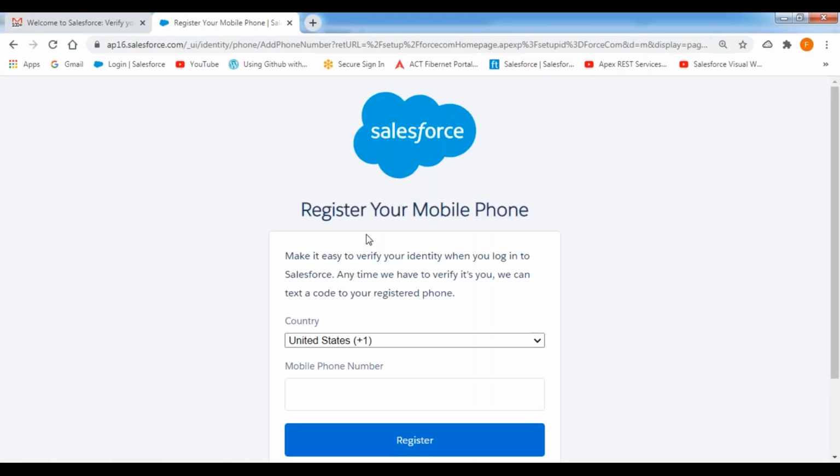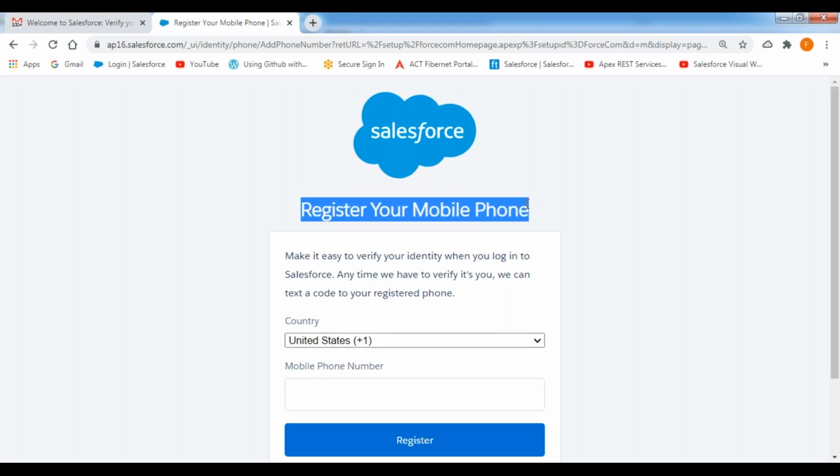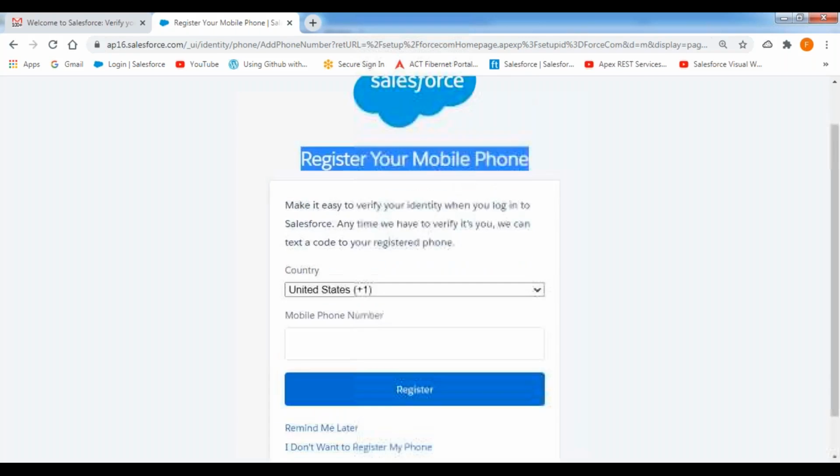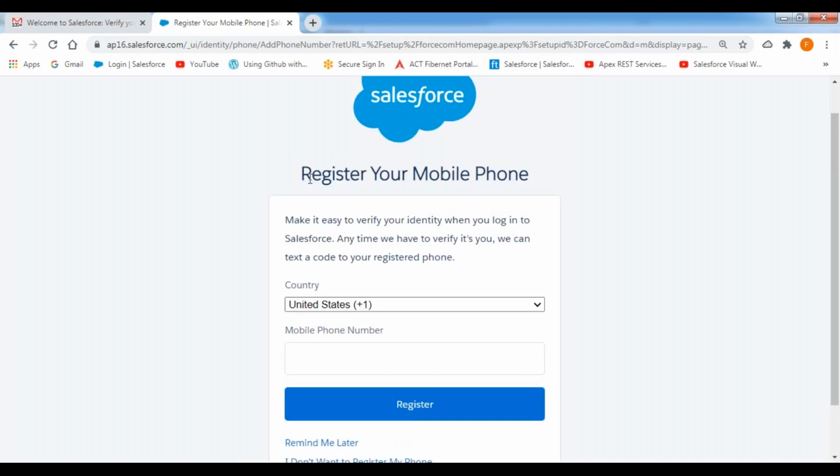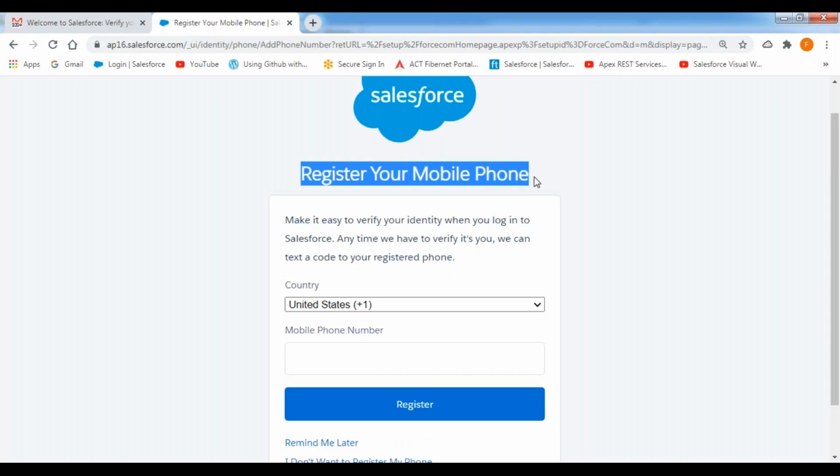It is validating my credentials right now. Now it is asking you to register your mobile phone. It is asking you to register your mobile number here. So why is it asking me to register my mobile number over here? What is the reason? For example, assume that